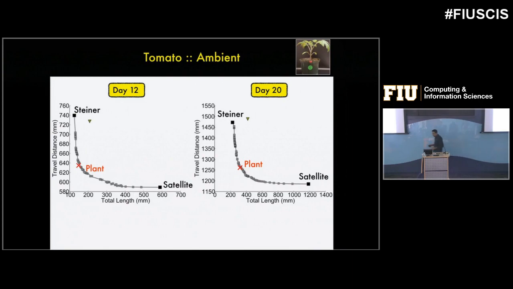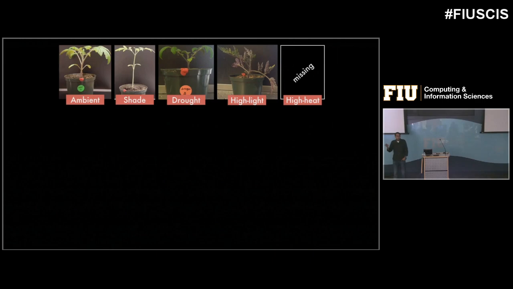Okay, so we went to the plant biologist and we were like, wow, this is amazing. And they were like, well, you did this in tomato plants in really controlled conditions, but in reality, plants have to thrive in many different conditions. They can't just get up and move. They have to deal with any change to the environment. So we said, okay, if this is a good theory, then we should apply different environments to these tomato plants